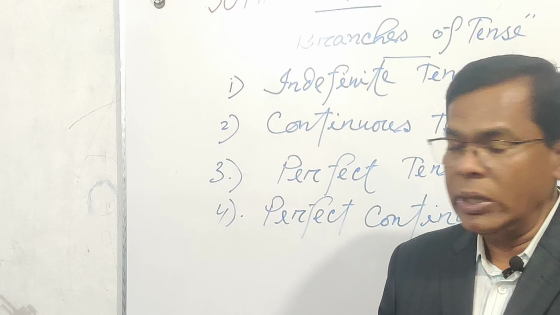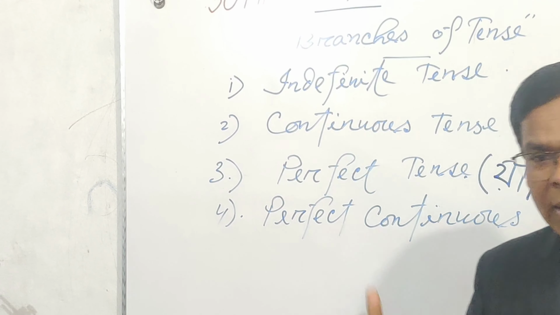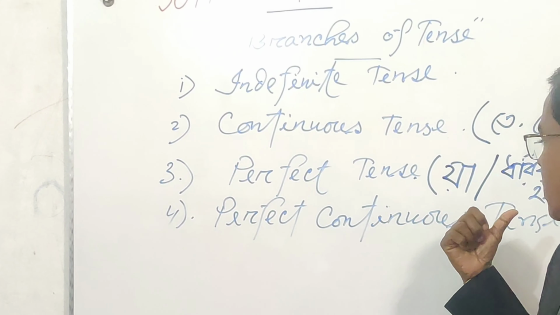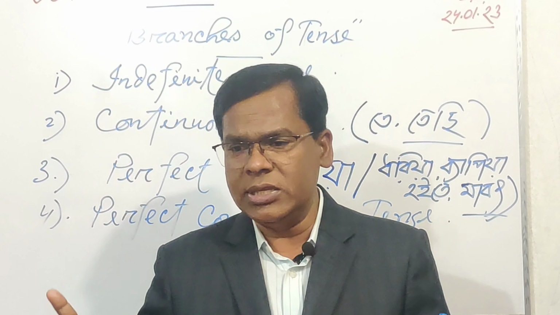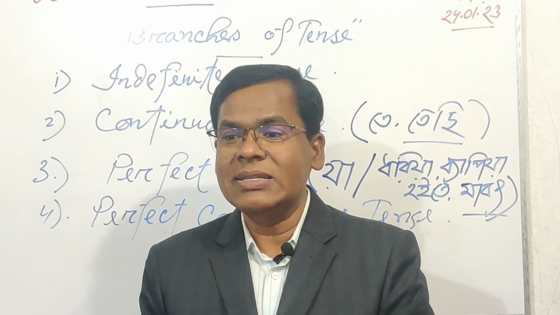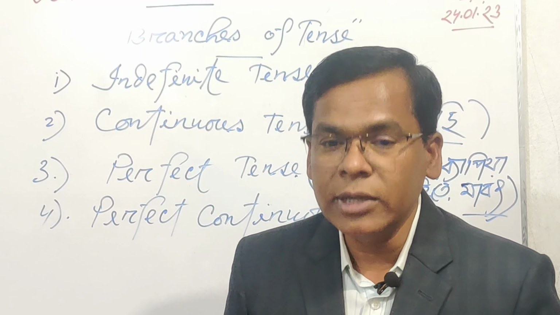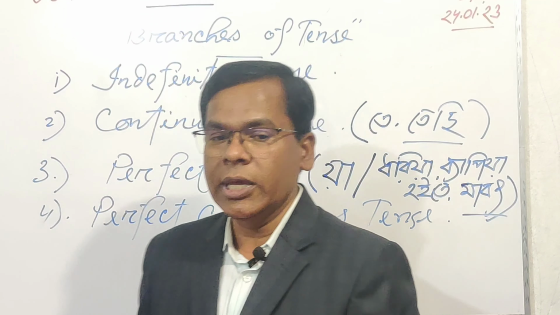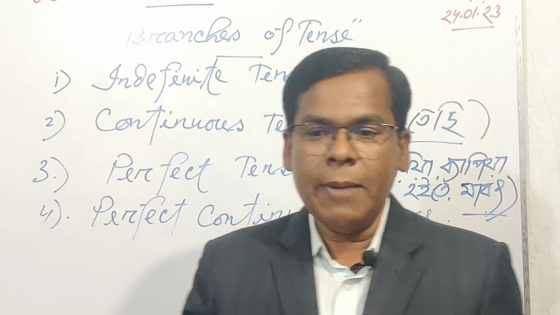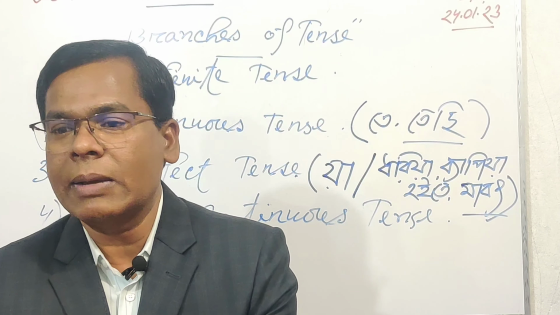If we find the use of "te" and "dhoriya, beyapi, hoite, theke, jabot" etc., if you find all this at a time in a sentence, then you must think that it is of perfect continuous tense. That means আমি তোমাদের বলছি যে তে থাকলে কন্টিনিউয়াস টেন্স হয়, আবার ধরিয়ে বেপে হইতে যাবত একটা থাকলে পারফেক্ট হয়।